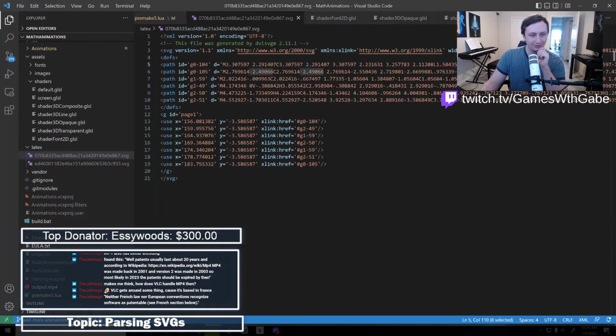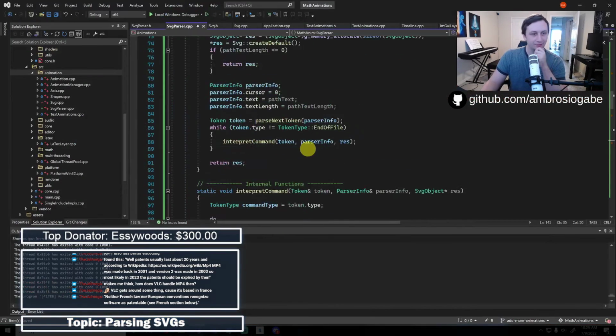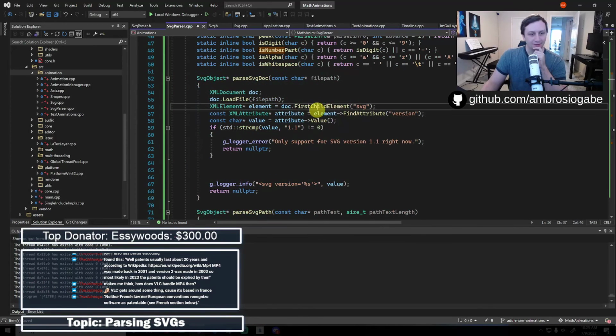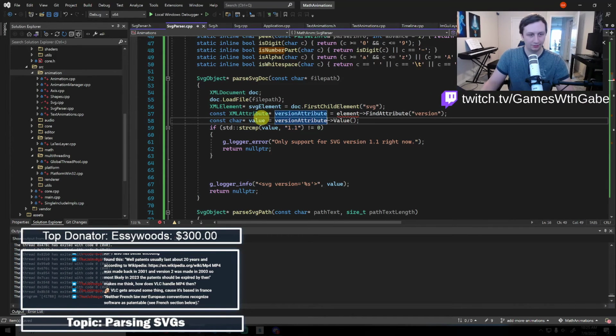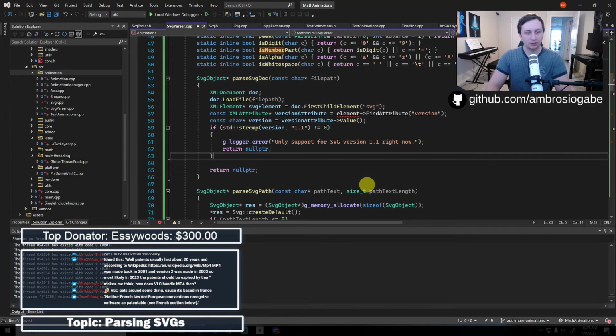Okay, so anyways, we've got that parse number thing. That should support those. What was I even doing? I was doing this stuff now. So basically what we're going to do is look for the SVG elements. We're going to look for the SVG attribute, or I guess the version attribute. Going to make sure our version is 1.1. Otherwise, okay, that doesn't matter. Cool. So we do all that. This is SVG element.